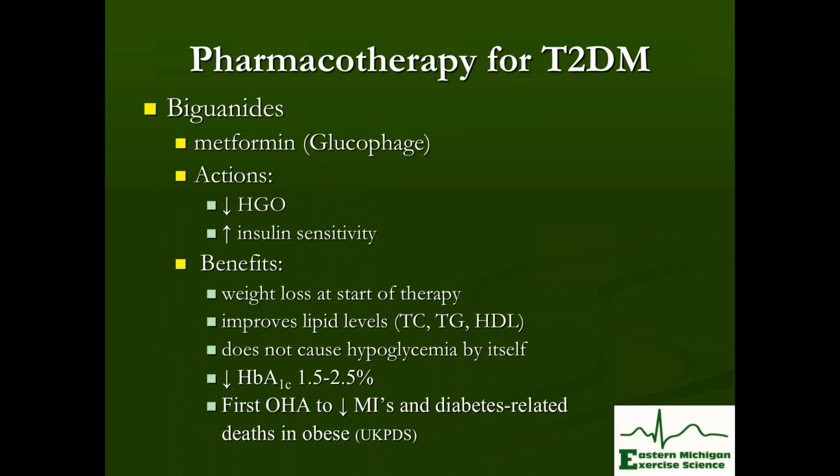Probably the most common diabetes medication on the market is the biguanide, metformin, or Glucophage. Almost every type 2 diabetic, for some reason, goes on Glucophage first. Very common and very commonly used with sulfonylureas. They are used in combination therapy together as well. The main action of Glucophage is to decrease hepatic glucose output. By itself, though, it is a weak insulin sensitizer. When it's used in combination with the sulfonylurea, it enhances reduction in glucose levels, and it just increases insulin